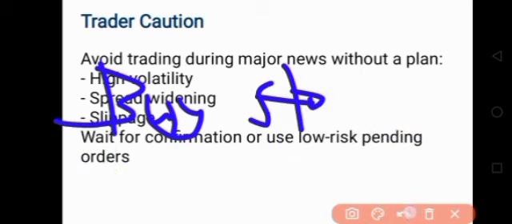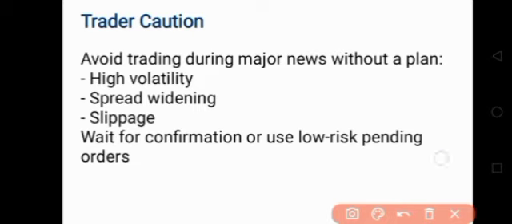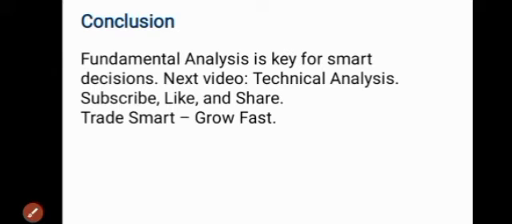Another thing about this lesson is this one. Conclusion. Fundamental analysis is the key for